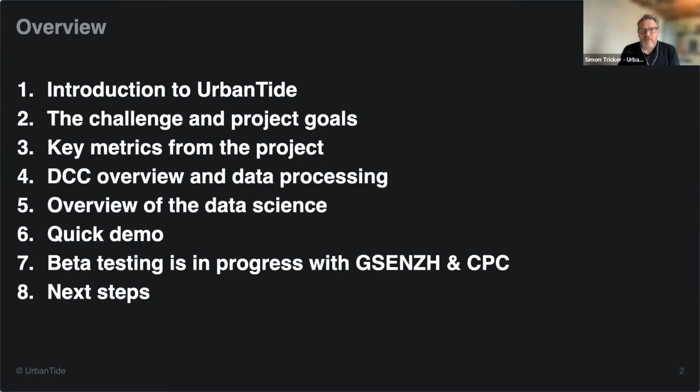We've got a short demo, just a quick video at this stage, and obviously happy to dive into more detail with folk later. And then into how it's being used. So some of the beta testing that we've done with the Greater Southeast Net Zero Hub, as well as Connected Places Catapult, who has been supporting that. And then finally, our next steps, where we want to go next with this program.